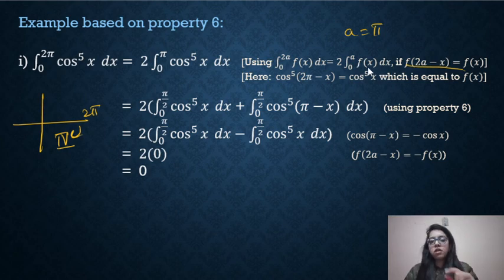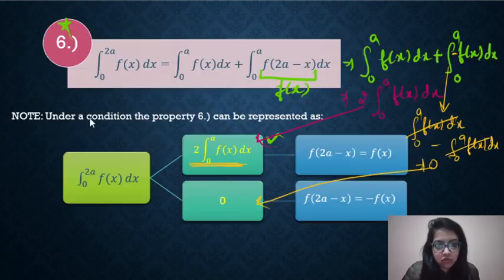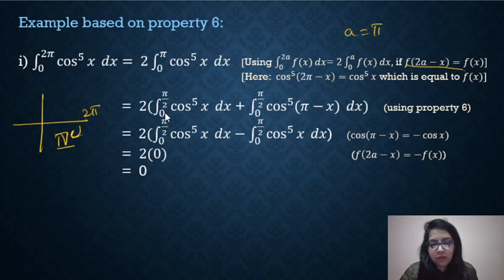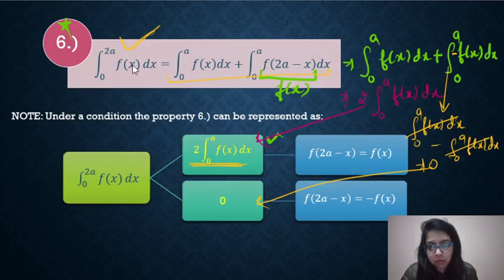Okay, so now just apply this format. I have applied this format as it is easier to solve this question. So now what I will get is 2 times the integral from 0 to pi by 2 of cos to the power 5 x dx plus the integral from 0 to pi by 2 of cos to the power 5 of (pi minus x) dx. This a is this, because I am using a result; I am just writing this formula over here.